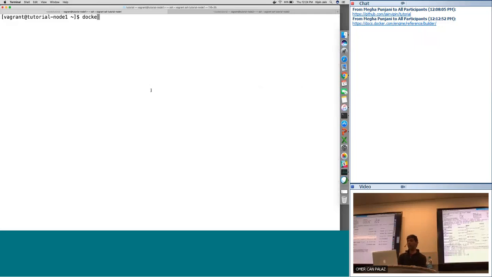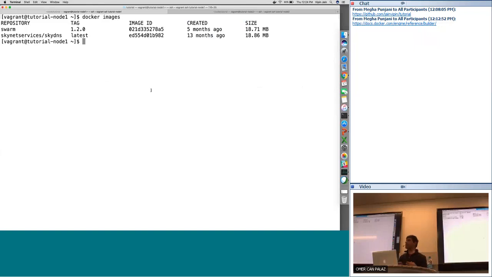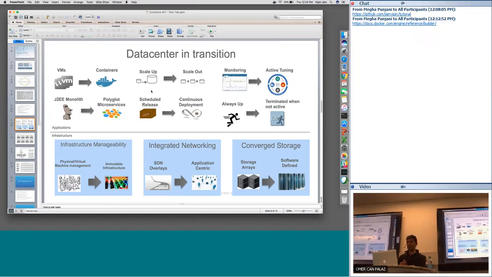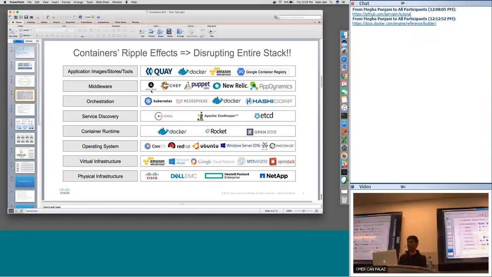What I want to demonstrate right now is that I don't have the image that I created even on the laptop I created it on. Technically, I've lost that image, but only in my local cache. The advantage, going back to, I'll flip back between these slides so we can relate to this. Remember, I talked about the top one, which is container registries. What I did was, in creating the application, I pushed my application into an application repository called Docker Hub. You can push it to Amazon, Quay, or Google Container Registry. Amazon has an EC2 Container Registry. So you can push your image and save it wherever you feel it is safe and secure, or where you don't want to expose it.